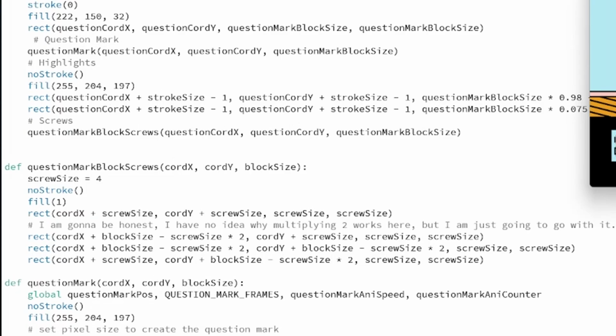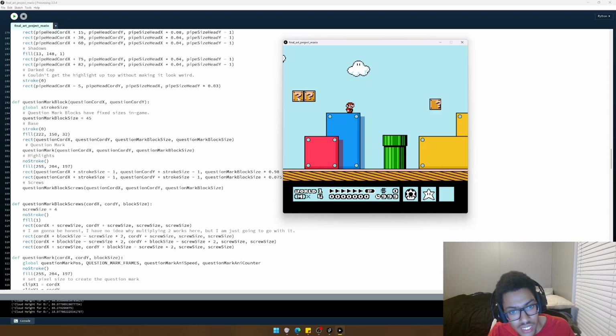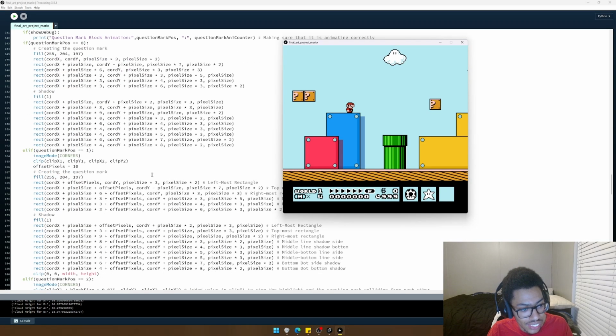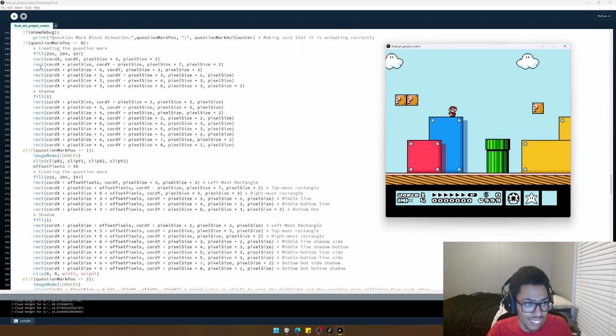Now the screws, they're pretty similar. It's just coordinating the X, Y of the shapes, and doing some math to make sure that they're actually in the position they are. The question mark itself was a little hard because I had to hand make it. And by hand make it, I mean literally hand make it. So if you can see here,